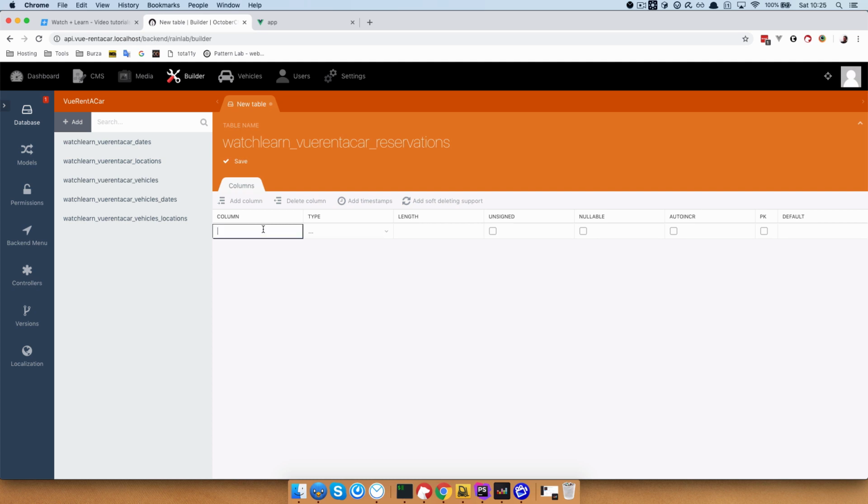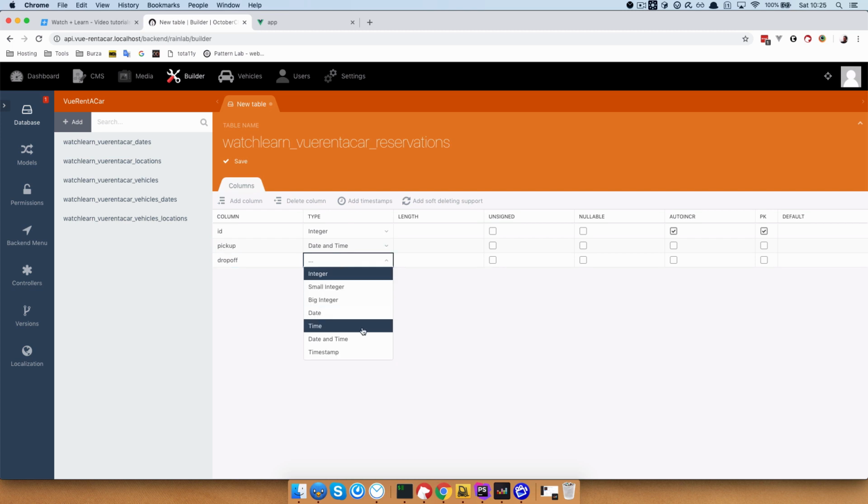So the first column is going to of course be ID, and it's going to be auto incrementing and the primary key. The next thing we want to define is the pickup time. So this is going to be date and time. Next thing is drop off. And it's also going to be date and time, and we want to create two foreign keys, so user ID